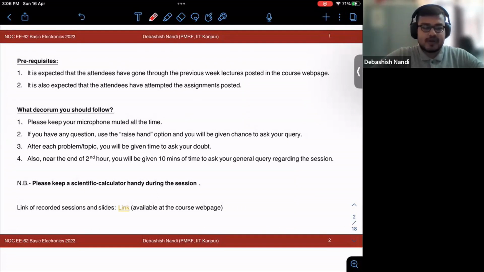Please keep your microphones muted all the time. If you have any question, you can use the raise hand option, or I will give you some time after each and every topic to ask your query. Also, as it is a 2-hour session, at the end I will allot around 10 to 15 minutes to allow you to ask your general queries regarding this session. All the recorded lecture sessions are available on